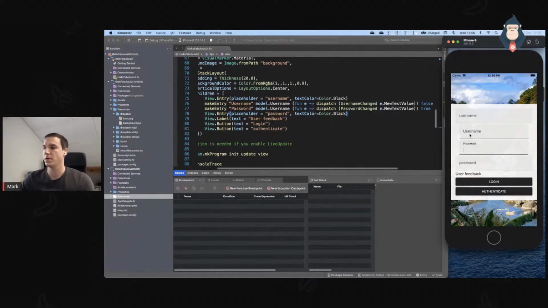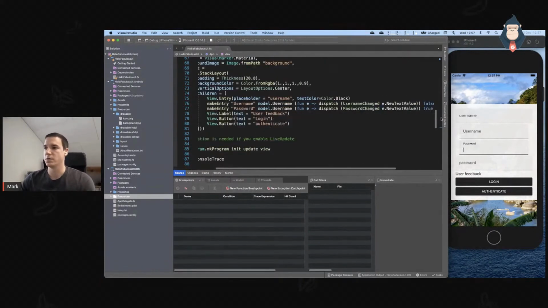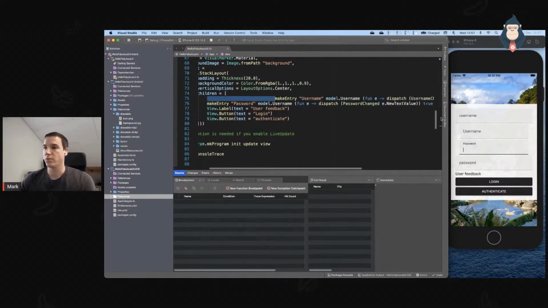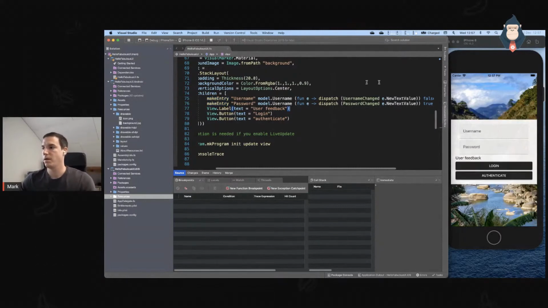So if I now think I want to have a different color for the text, I could do that in one place, and it would be adjusted. And of course, you can do this as you're probably already doing for styles. So we could make a file where all our styles are, and then reuse those colors from there. Theming and all that can be done. Okay, so now we have got our user input, but these buttons, they're still doing nothing.